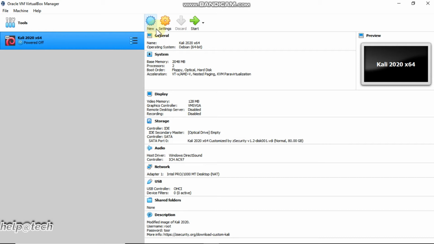Next, we need to change some settings. Here you can change the name of your operating system. I am giving it as Kali Linux.